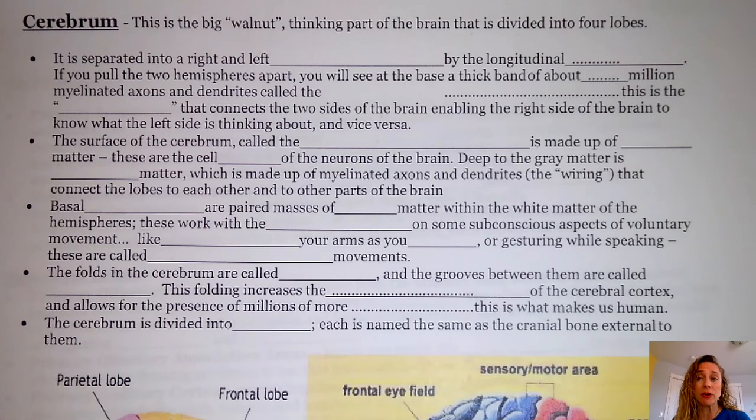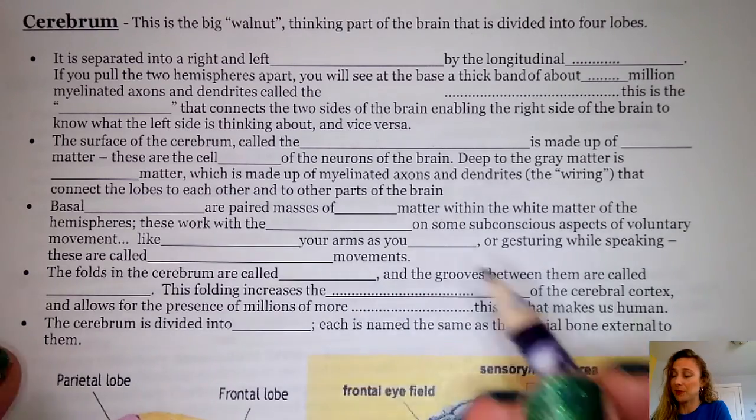We've already covered neurons, we've already covered brainstem, we've already covered kind of basic structures of the brain. And we've already covered a little bit in the inner brain as well as the brain stem functions too. Okay, so we're going to focus on the cerebrum today. That's the big walnut thinking part of the brain that's divided into 4 lobes. It's separated into the right and left hemispheres